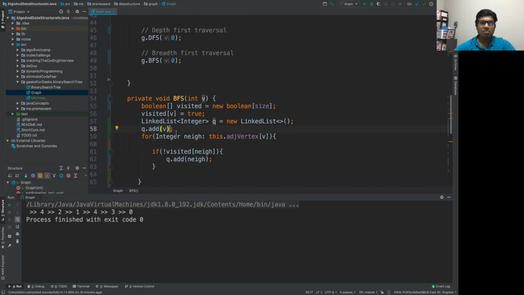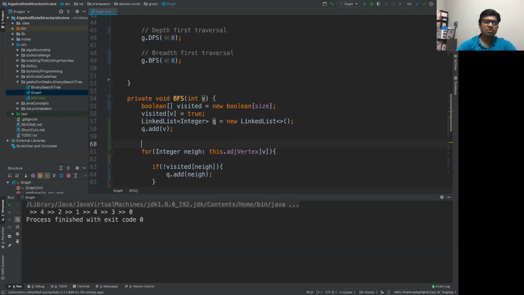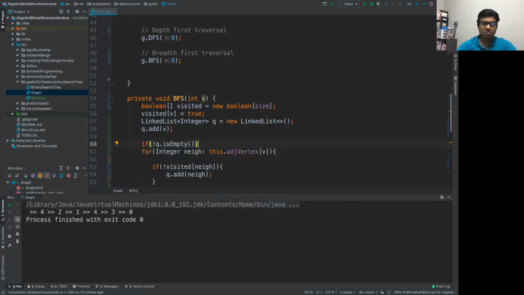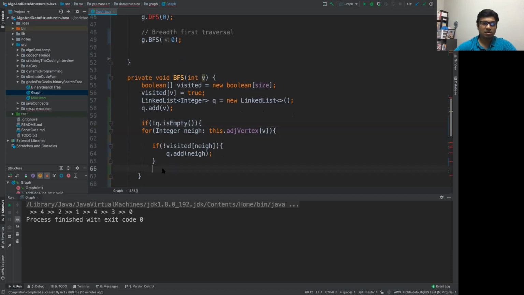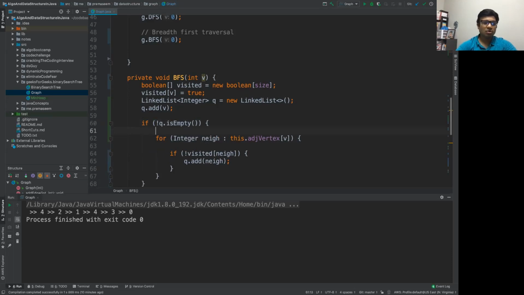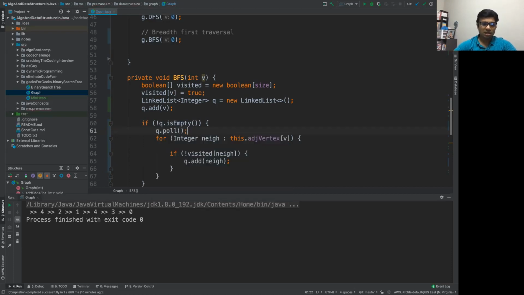Right now, what we do is we will have the queue. If the queue is not empty, we will try to iterate over everything inside the queue. So for example, as soon as you are inside the queue, the first thing is you would take out the first element of the queue, and that element you can call